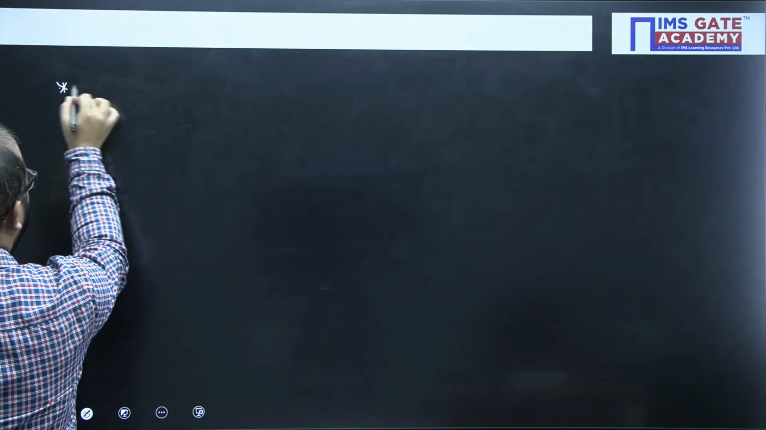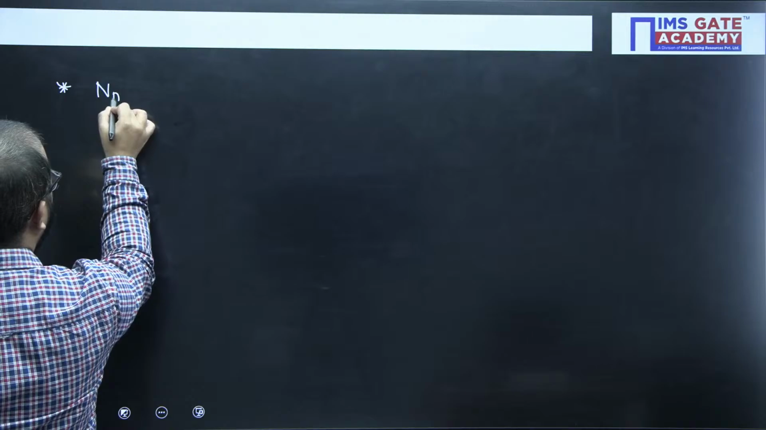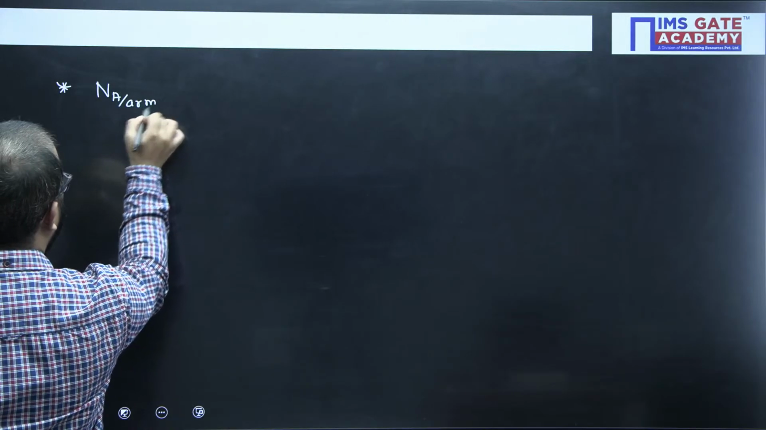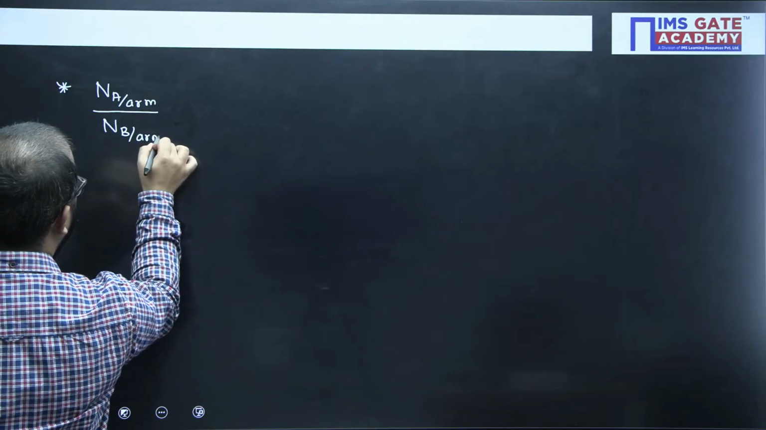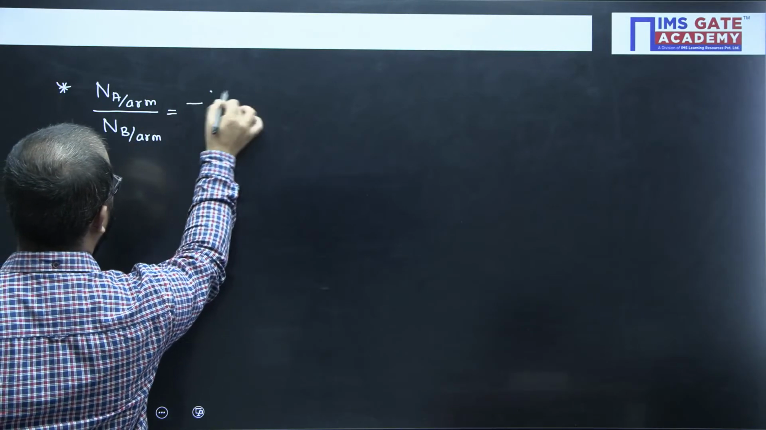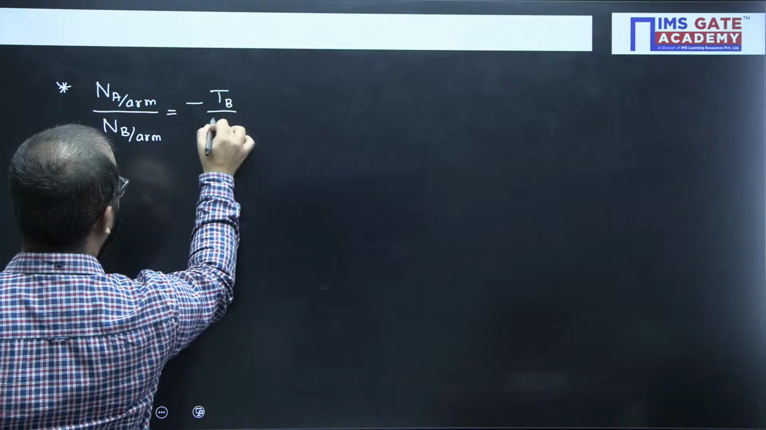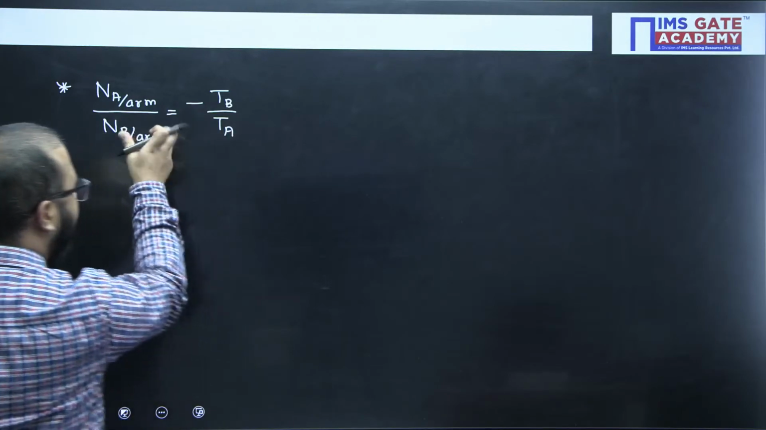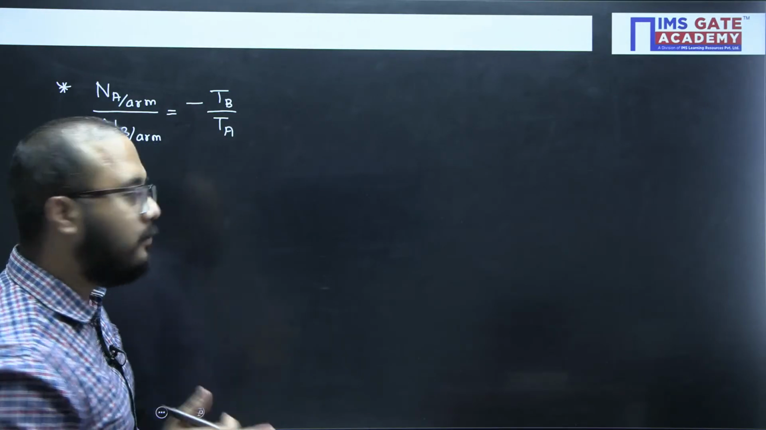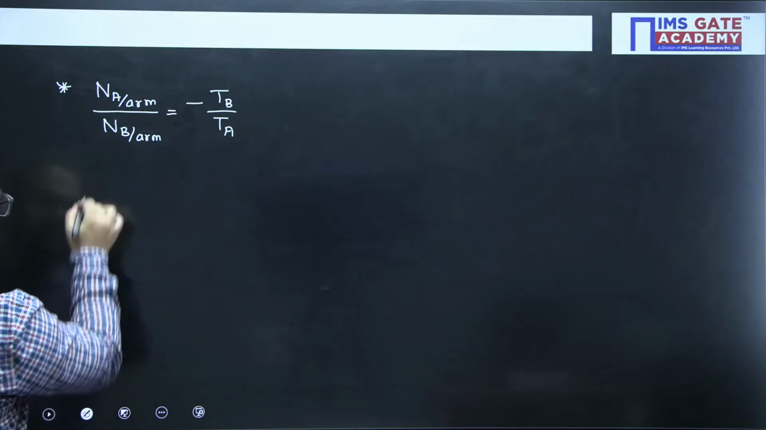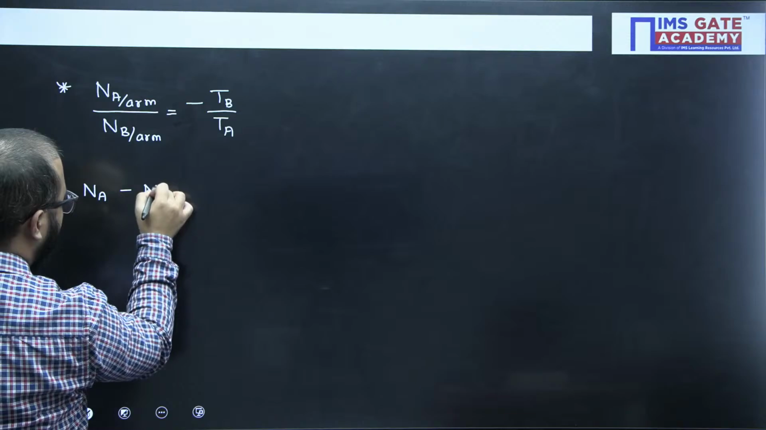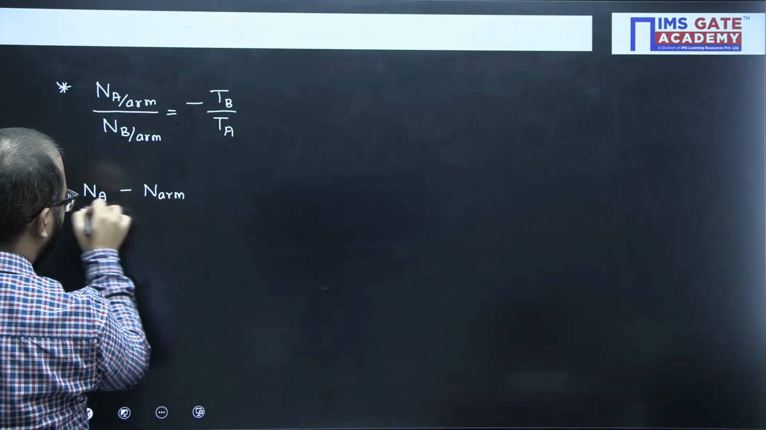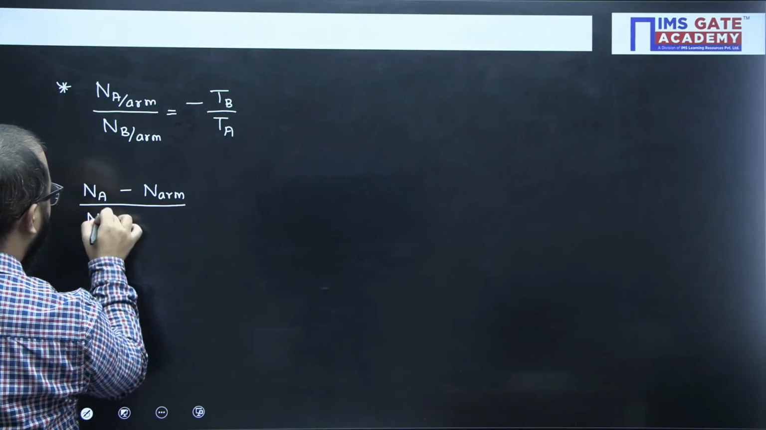So speed of A with respect to arm divided by speed of B with respect to arm is equal to minus TB by TA. Okay, arm we have considered as a reference point of view. So A with respect to arm will be written as NA minus N arm, and B with respect to arm as NB minus N arm,